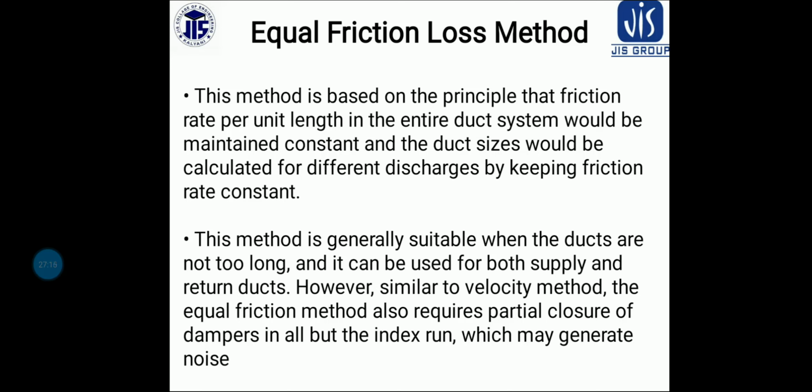For laminar flow, the friction factor is equal to 16 by Reynolds number, and for turbulent flow F is equal to 0.3164 by Reynolds number to the power one-fourth. Now, what do you mean by Reynolds number? It is defined as the ratio of inertia force to viscous force, and it is dimensionless. Inertia force is equal to rho A C square, and viscous force is mu times C by d.